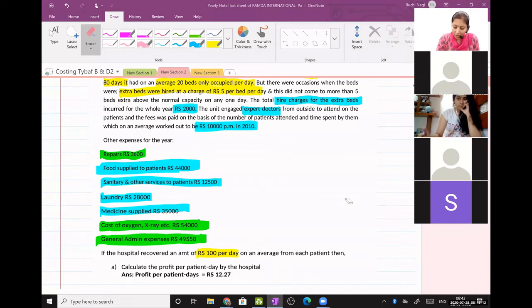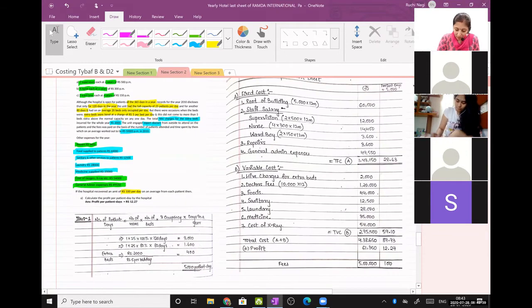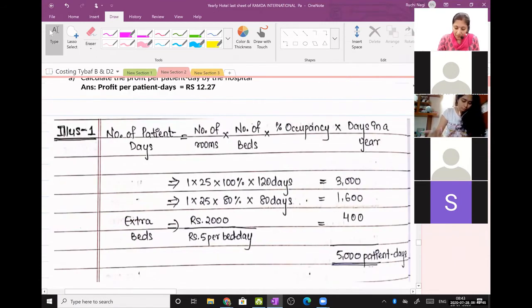Thank you, students. Thanks for the acknowledgement. So the first thing we are going to start with is calculation of patient days or calculation of bed days. Just try to relate it with hotel and transport what we had done. The baseline of the formula is just not changing. Only the terms are changing. Okay, start. Calculation of bed days or patient days.